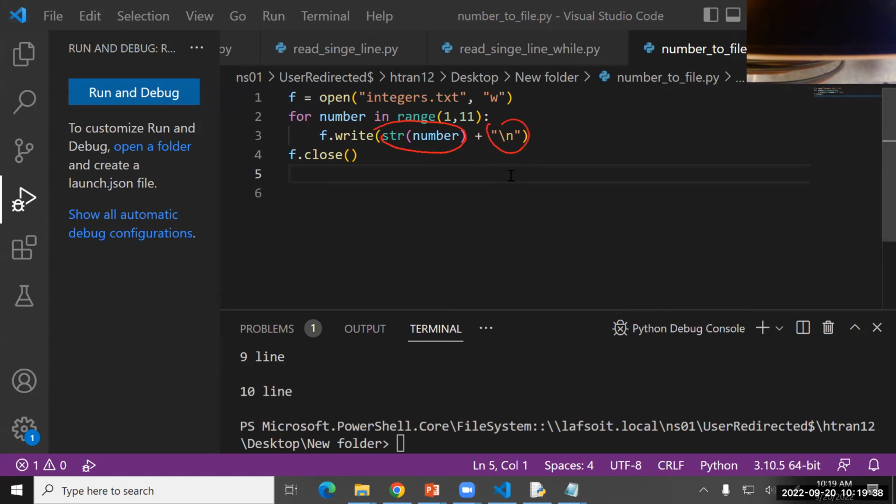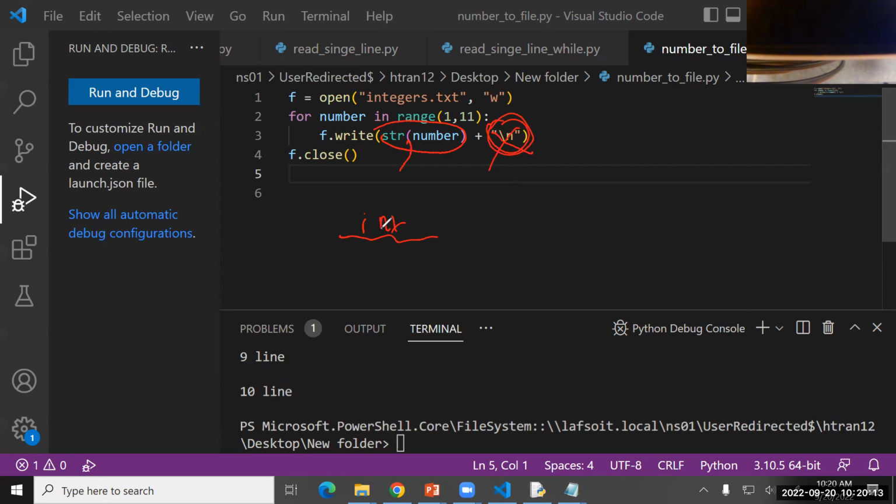Now, if you want to access the number in the file, you have to do it the reverse way. You have to read every single line. The first step, you have to remove the newline character here. The second step, you convert this to an integer or with the float function. So reading a number from the file is the reverse order: you read every single line, remove the newline character, and convert it into